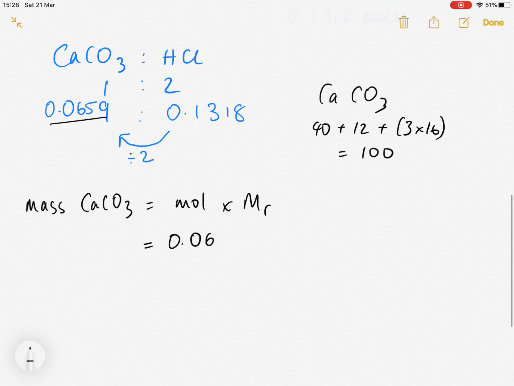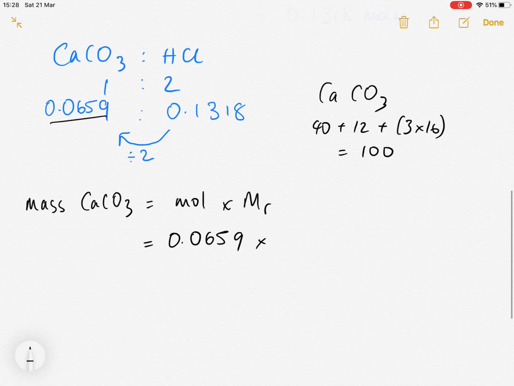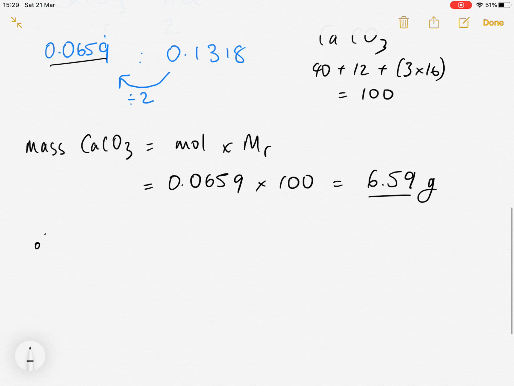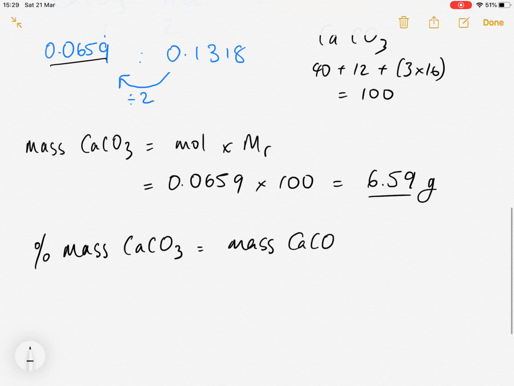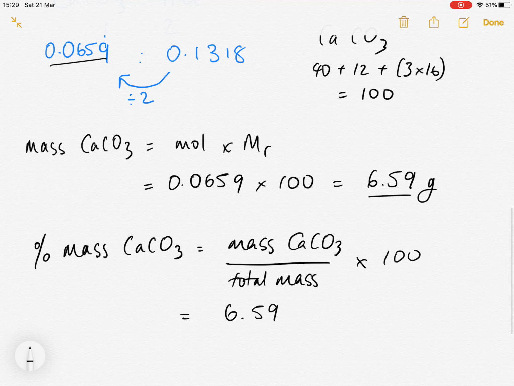So 0.0659 for the moles times 100 as the Mr gives us a mass of calcium carbonate of 6.59 grams. The question asks for the percentage by mass. So that is the mass of calcium carbonate over total mass, all times by 100. So 6.59 divided by 12 times 100, and if you put that into the calculator,